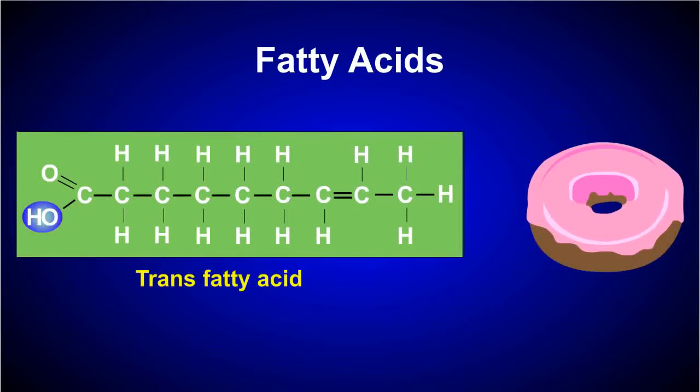A trans fat is an example of an unsaturated fatty acid where the hydrogen atoms are on opposite sides of the double bond. Trans fats are usually formed during the production of processed foods and are also common in partially hydrogenated oils. In order to increase shelf life and melting point of the fat, excess hydrogen atoms are introduced to an unsaturated oil. This causes the formation of trans fat bonds